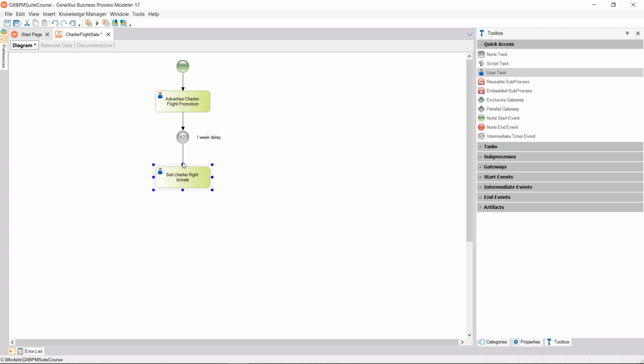Once all the tickets have been sold, the flight must be enabled. To do so, we drag another interactive task called End Sales and Enable Flight, and we connect it from the ticket sales task. When all the charter flight tickets have been sold,